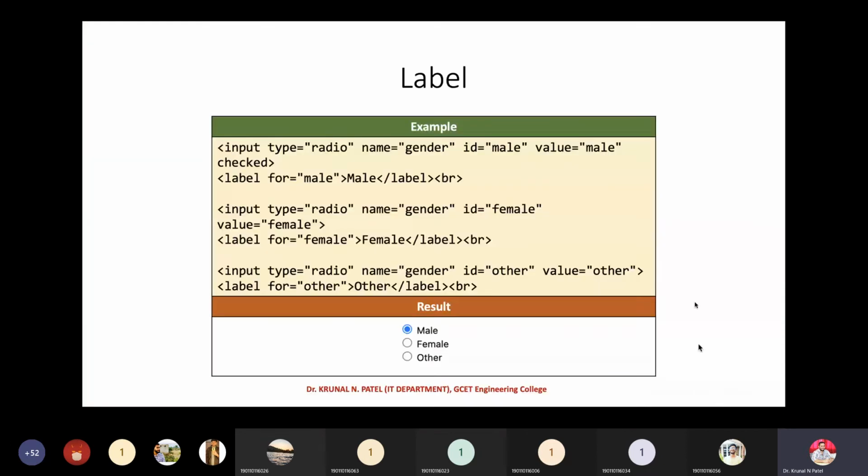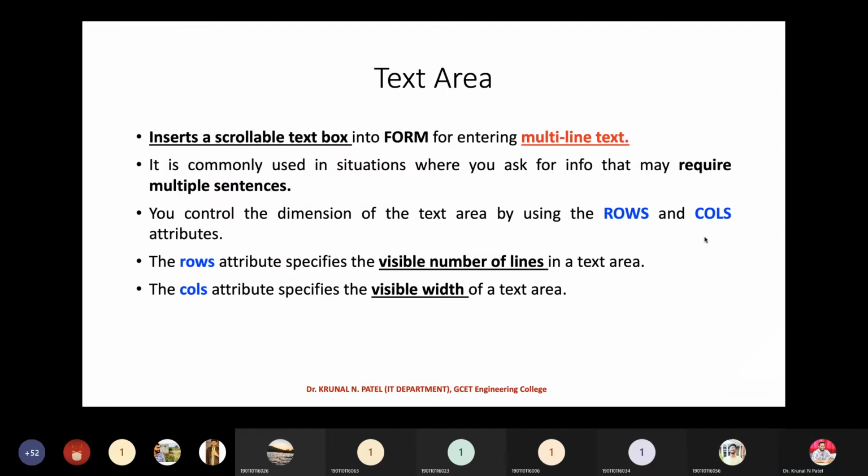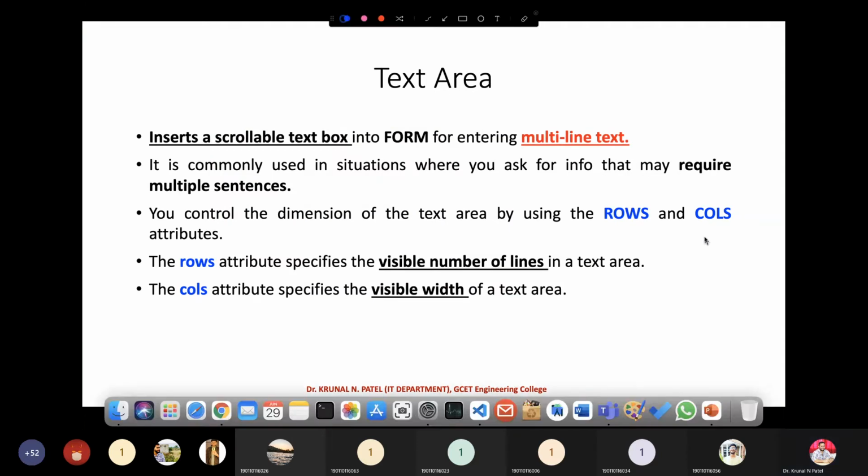So it is understood. Now let's jump onto another tag, that is the text area. What is the difference between text box and text area? As we have discussed, in a particular text box, you can just enter inputs in a single line, right?